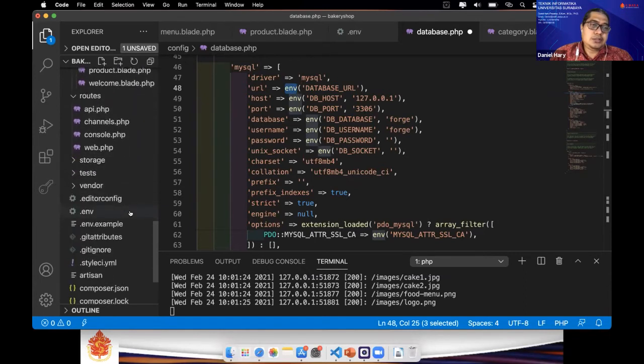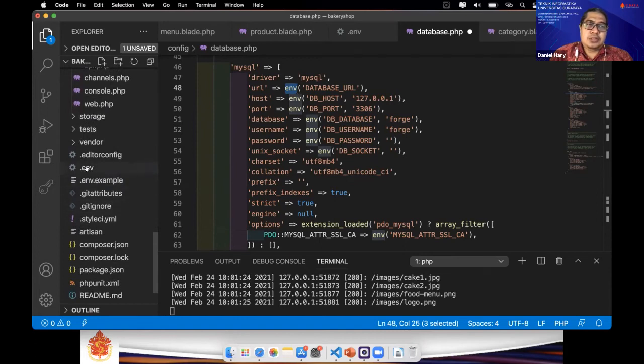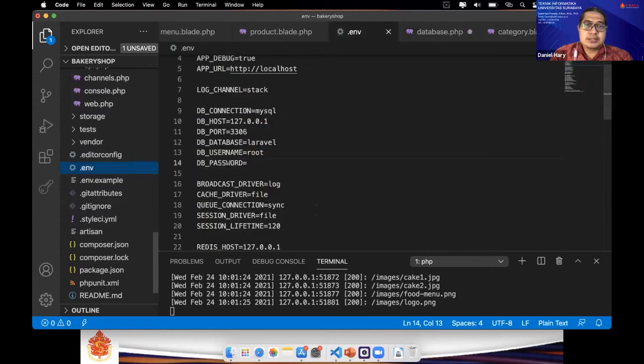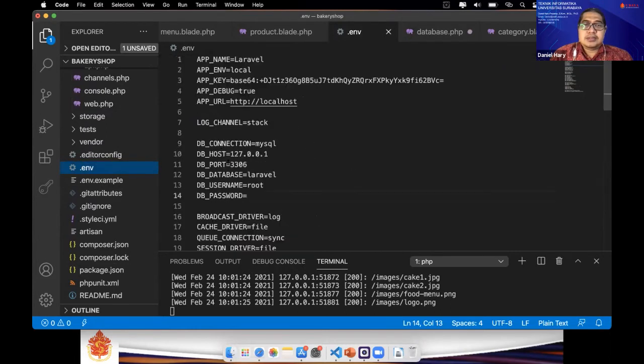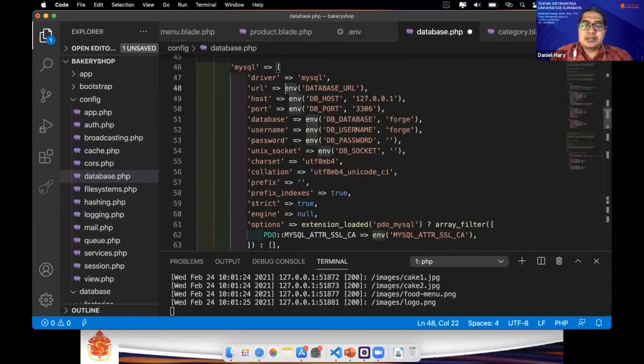In our root directory, there is the env file. You can open it. Okay, this is the env file. If there is no setting here, it will use the env file. What is set in the env file? The host will also use the env file, but if there is nothing for the DB_HOST variable in the env file, it will use this one.